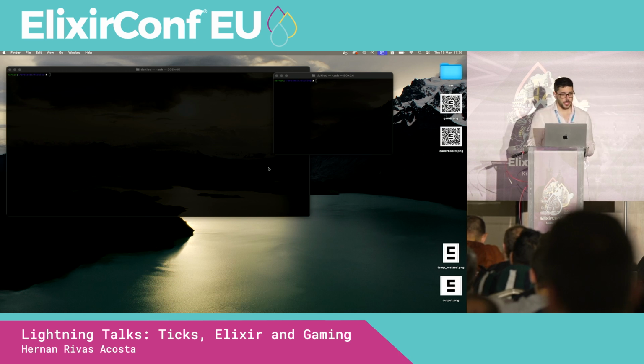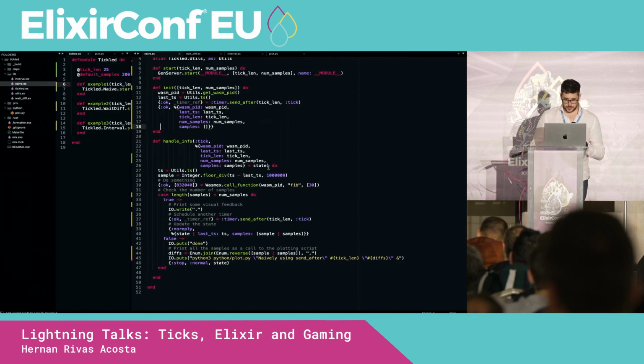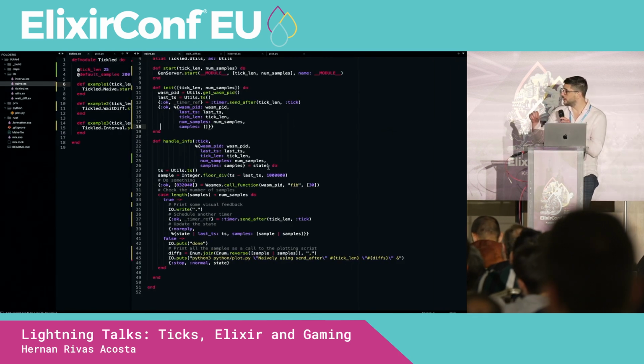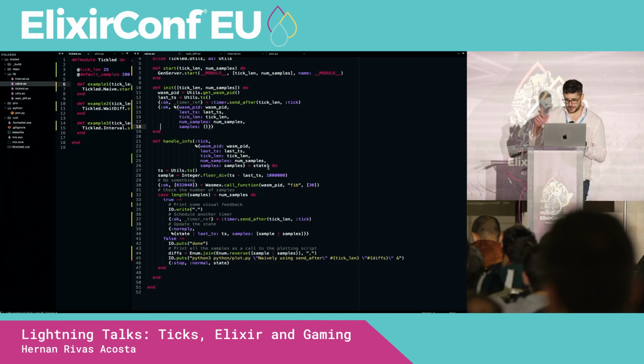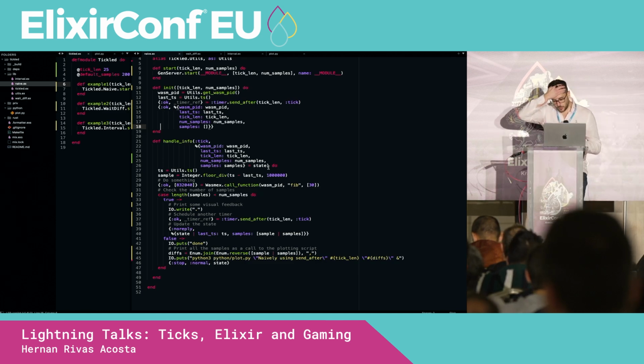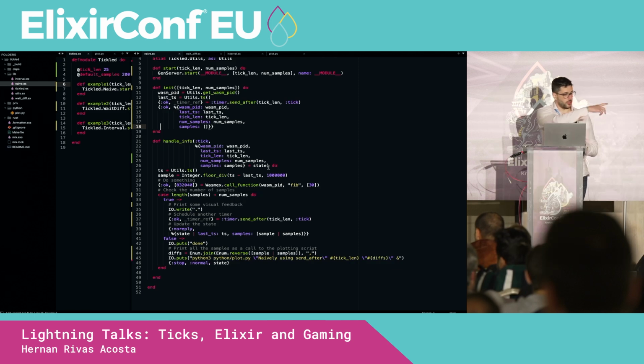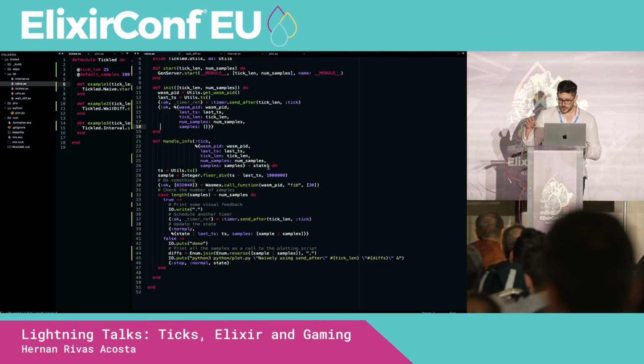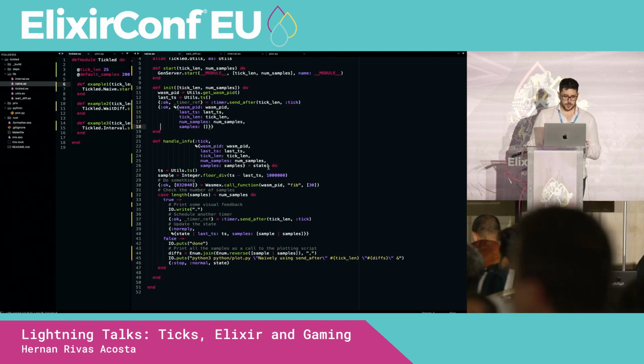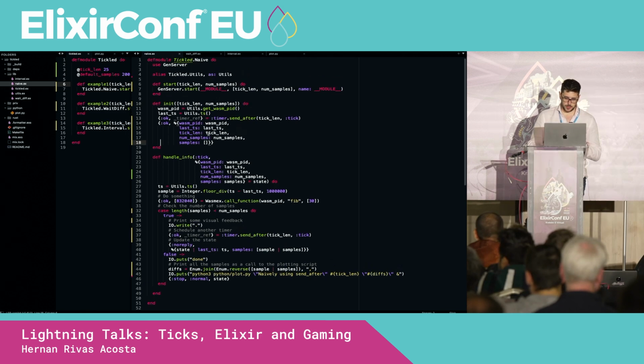OK, that's much better. So what I'm going to do is incredibly stupid. I'm going to run non-deterministic code live and see what happens. When I was working on the video game that I was showing before, I found that there was an issue with the timer. Basically, I couldn't rely on the timer from the Elixir side as much as I would have hoped. And to show that, I wrote this little Elixir code that executes some WebAssembly,